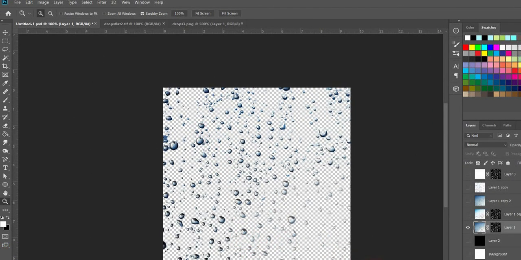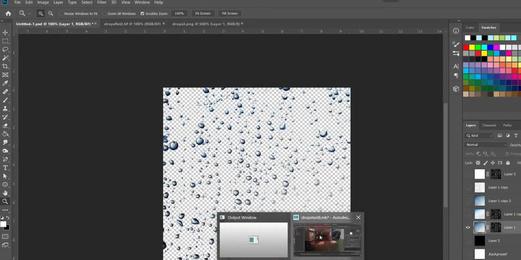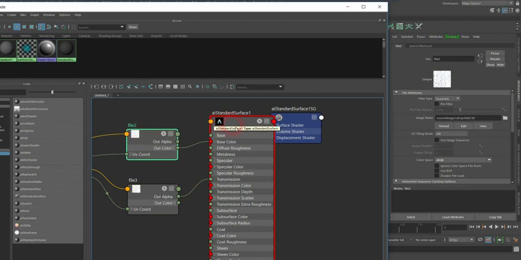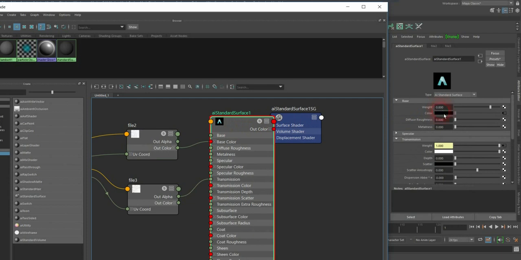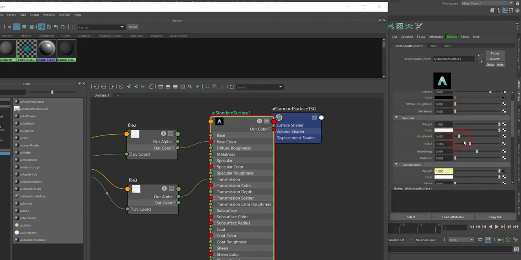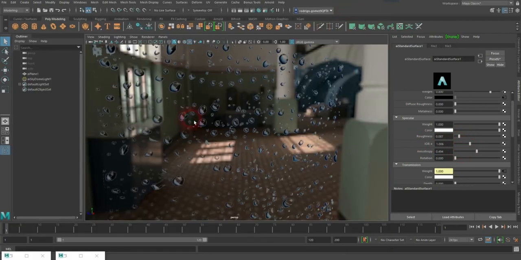So when they came into Maya, this one is the one that has the transparency. This is the PNG. And this one is the one that has the color, which is a TIFF, completely flat. And the rest of it is just working with the specularity, the roughness and the index of refraction to make it look a bit more glass-like. There is not a lot of reflectivity on this, but